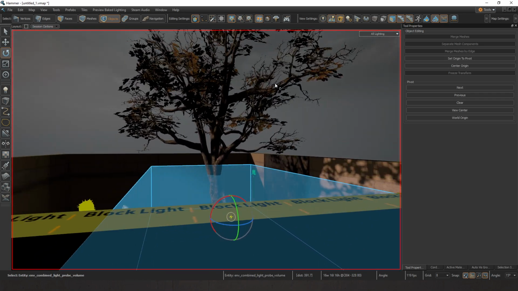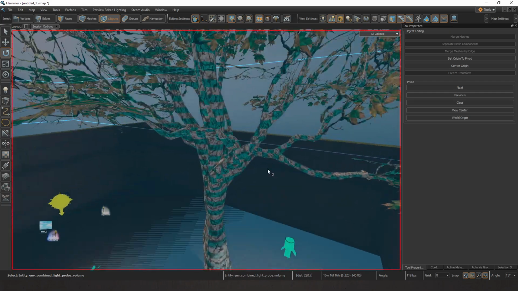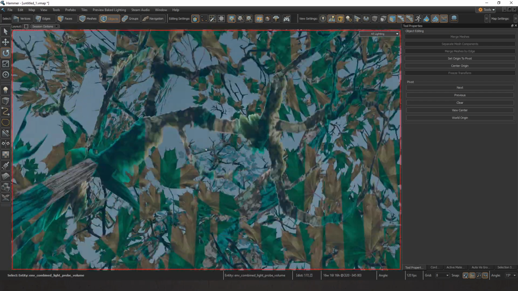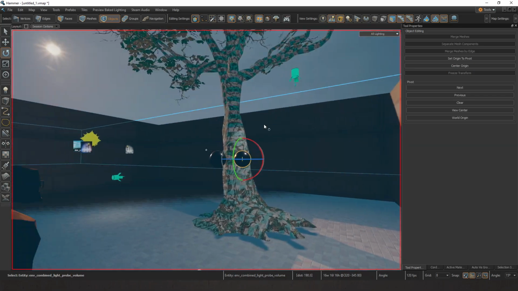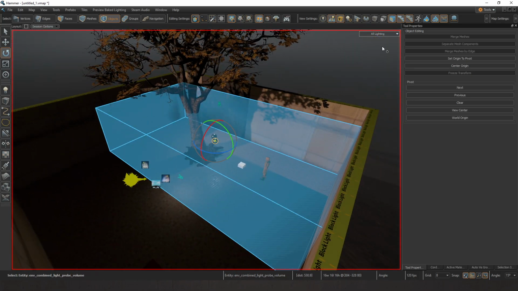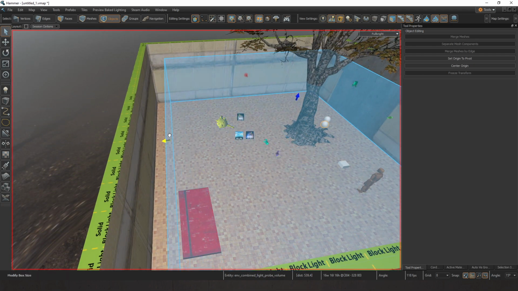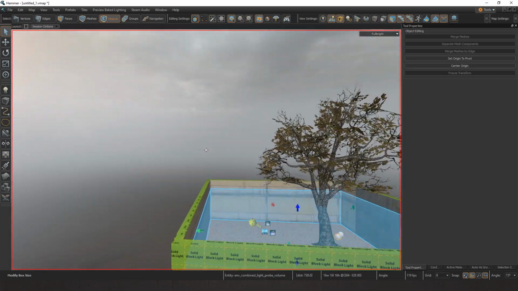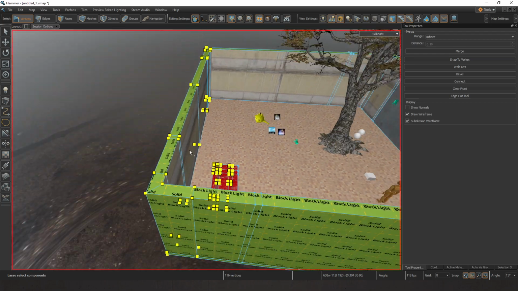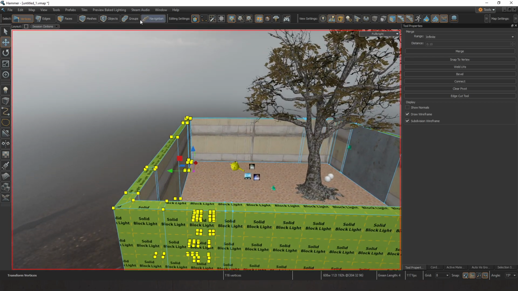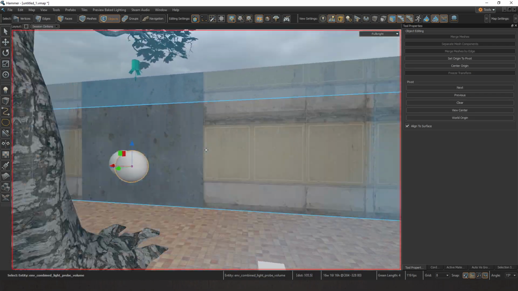so now if we wanted our tree to be lit, you remember when I mentioned how there's going to be that checker pattern cast across it? That means that our tree is going to get some of this probe. But our room, we expanded our room a little bit, so we want to make sure that our room is fully within the bounds of our probe. There, now it perfectly matches up with our probe. Let's